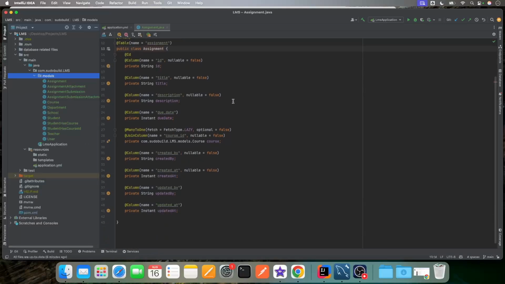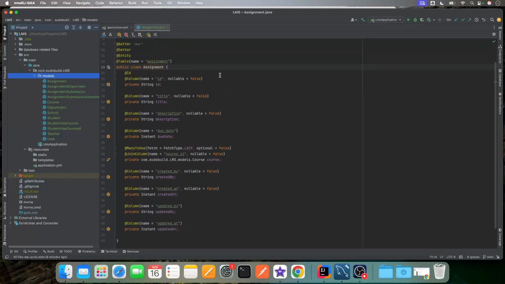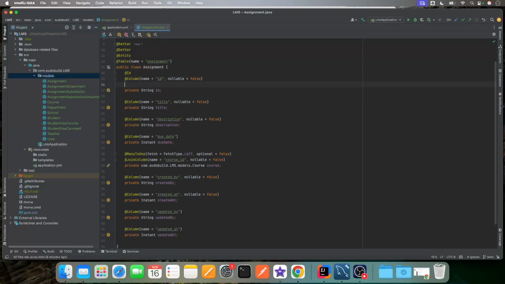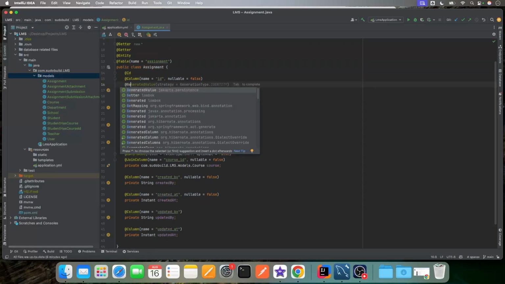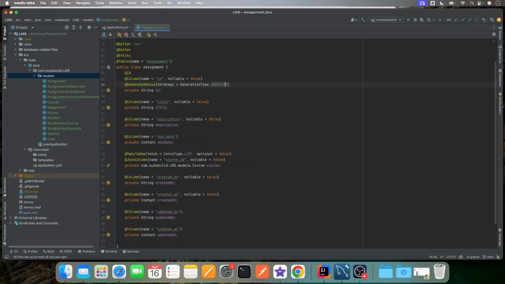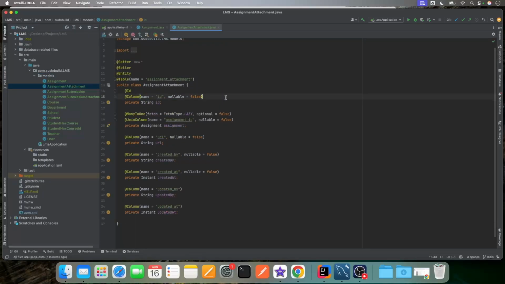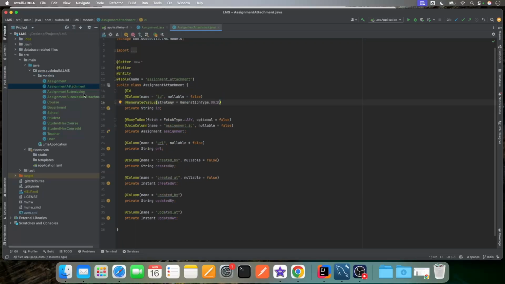All models that we need were generated successfully, but we're not done yet. I told you in the previous video that the generation of ID columns of each table will be handled by our backend. Now we need to add a single line of code to generate a UUID for each saved record in the database. This is so easy. I'm gonna repeat this process for each model on our project, but there's a small detail about the ID of the student has course table. I'm going to explain it soon.